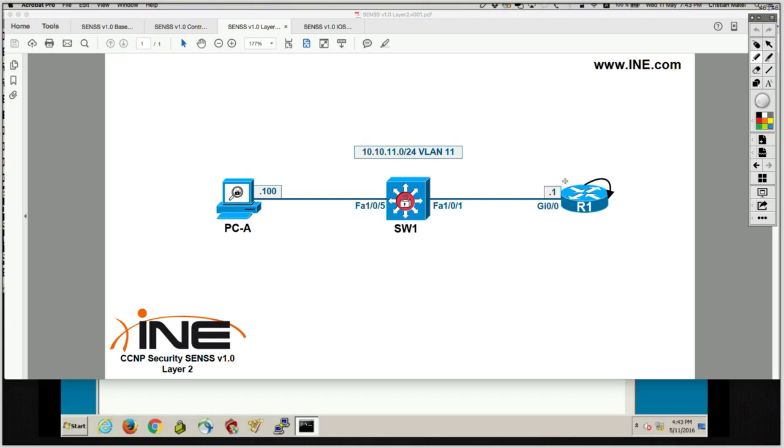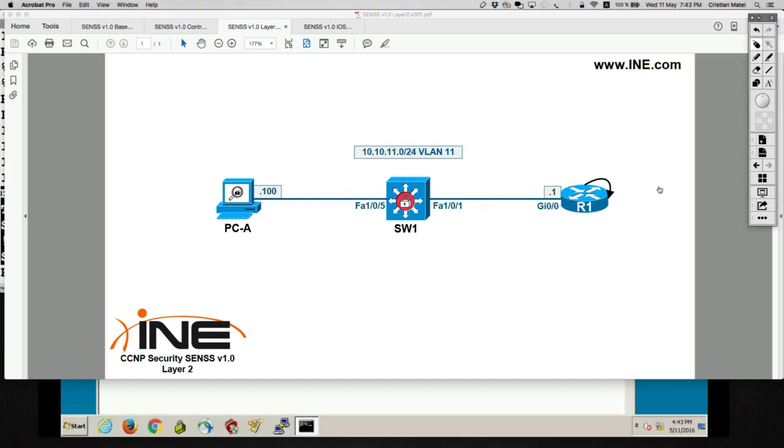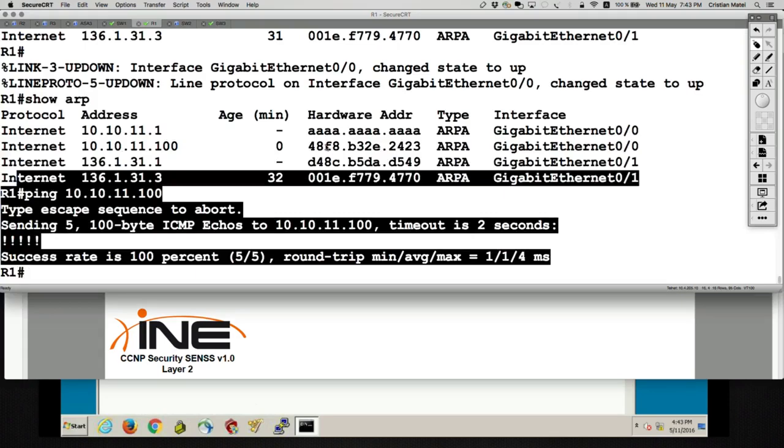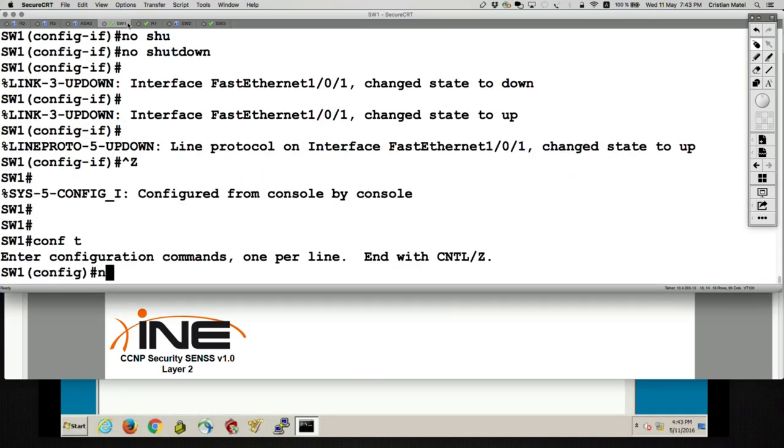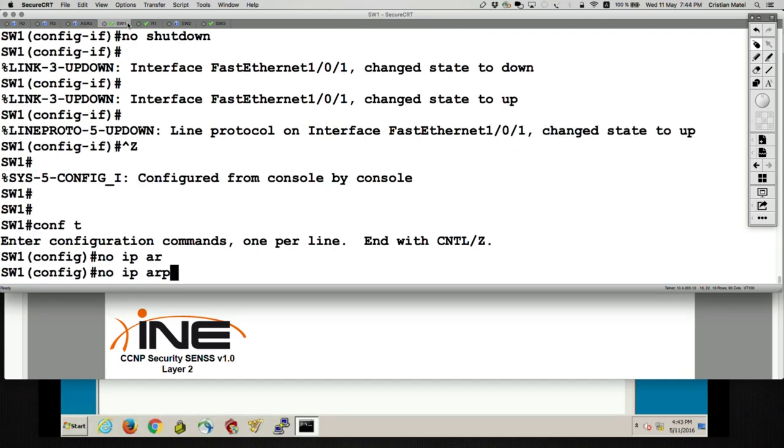It's obvious that if I change the IP address of router 1 to .200, I'm going to be able to send traffic back and forth. Actually, I'm not going to be able to send that because I have dynamic ARP inspection on switch 1. Let me go on switch 1 and temporarily remove dynamic ARP inspection from that VLAN. So, no ip arp inspection